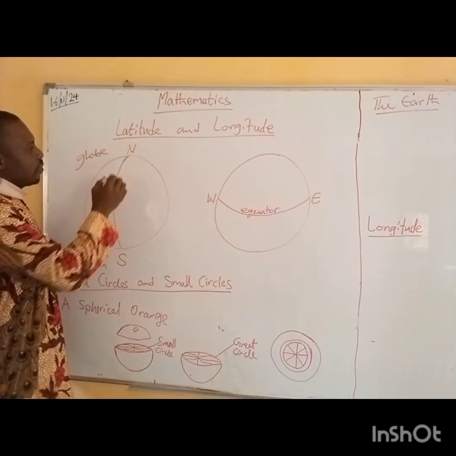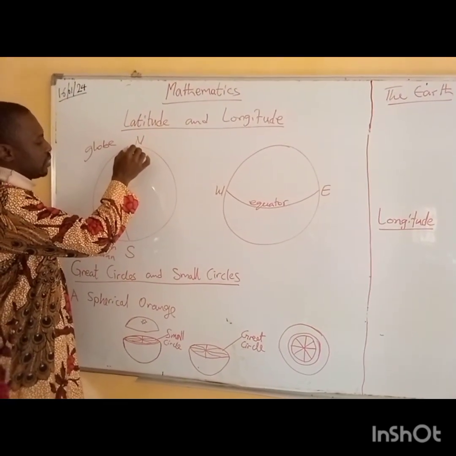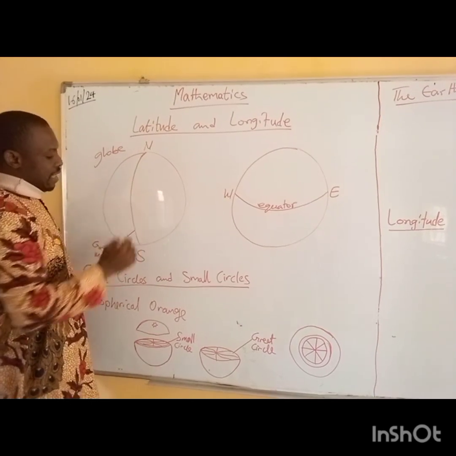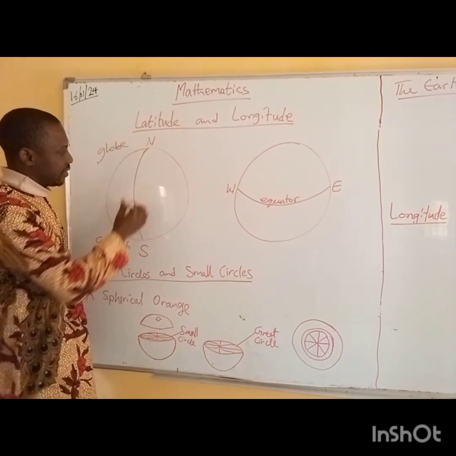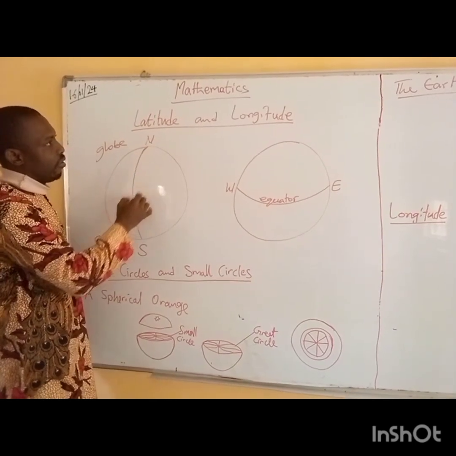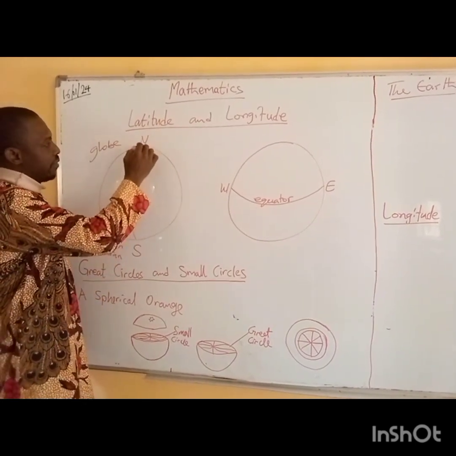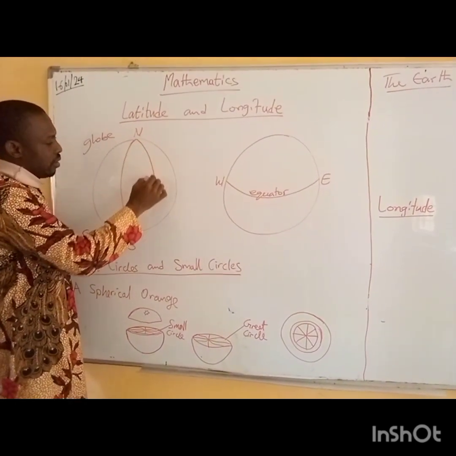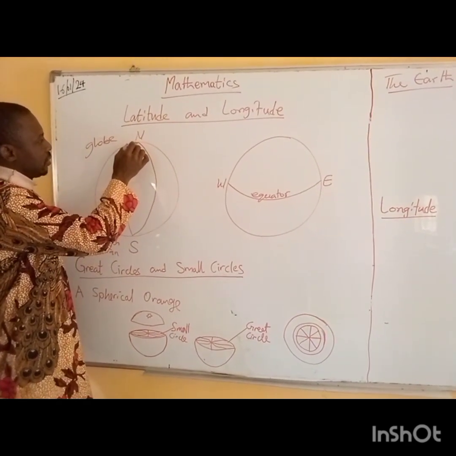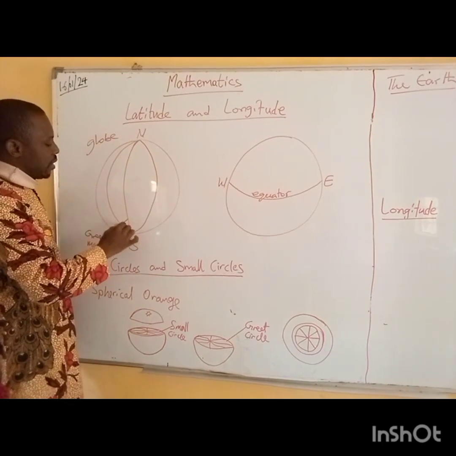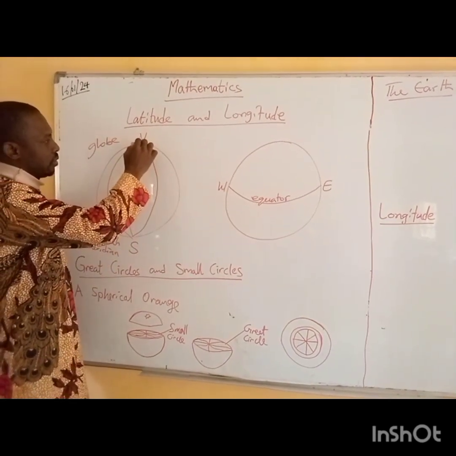Now, the Greenwich meridian is considered as the standard line of longitude, and we have several other lines of longitude that cross from the north to the south,